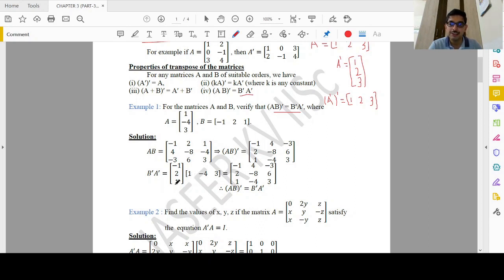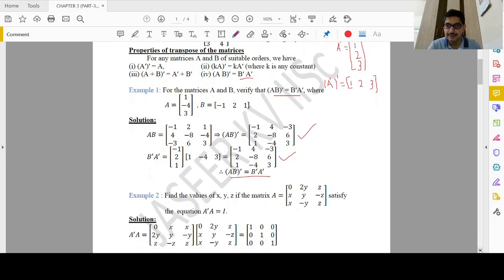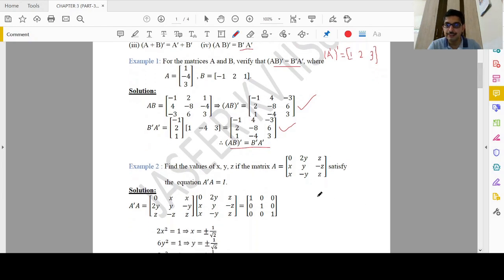So that B dash A dash will be a 3 by 3 matrix. Now from B dash A dash and AB dash we can see that both these matrices are equal. That is, AB dash is equal to B dash A dash. Now we move to another example, that is, find the values of x, y and z if the matrix A,